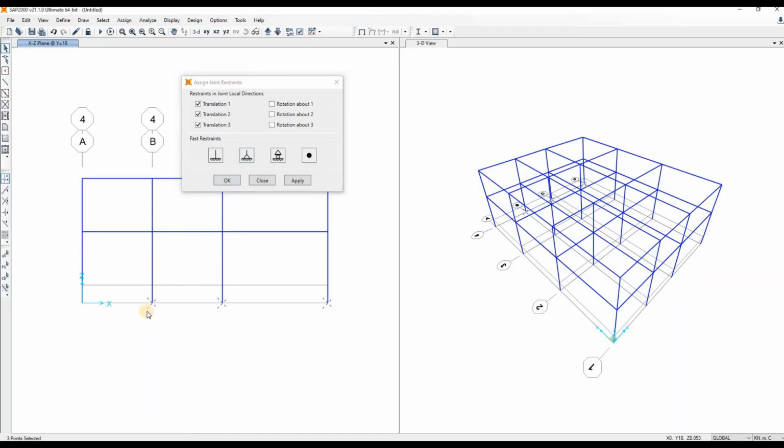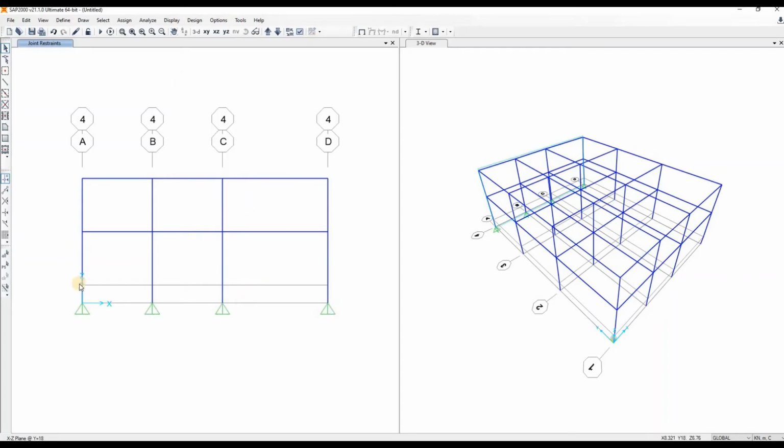So put the joints there. Oh, wait, I'm messing this up. And you click apply. There, and then close. So you have your restraints, the pinned